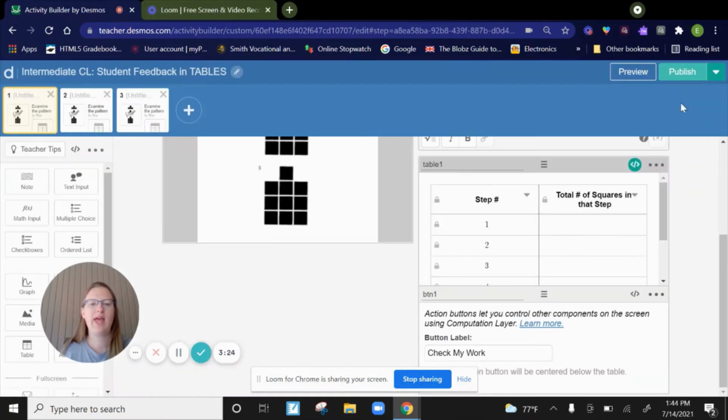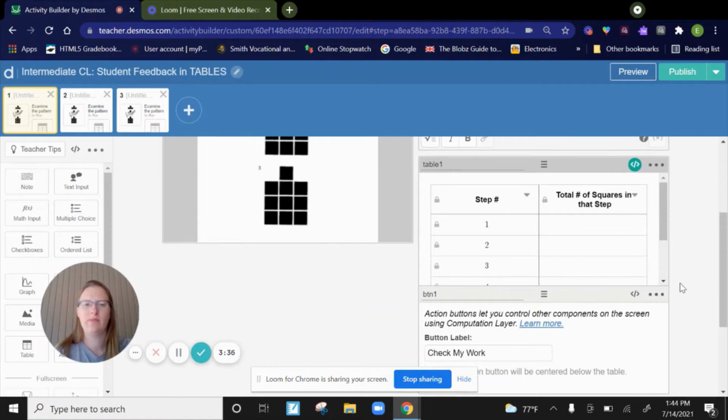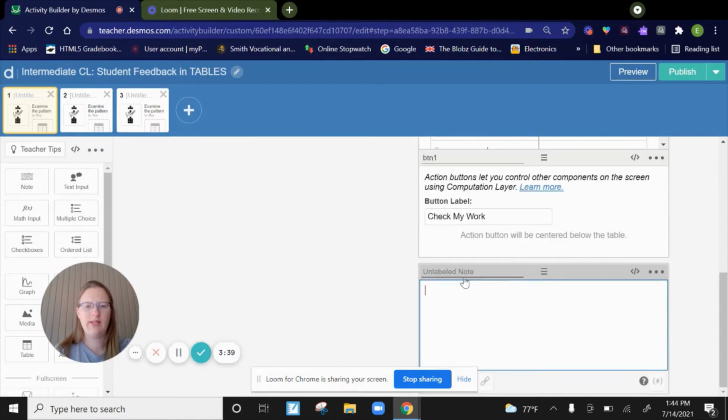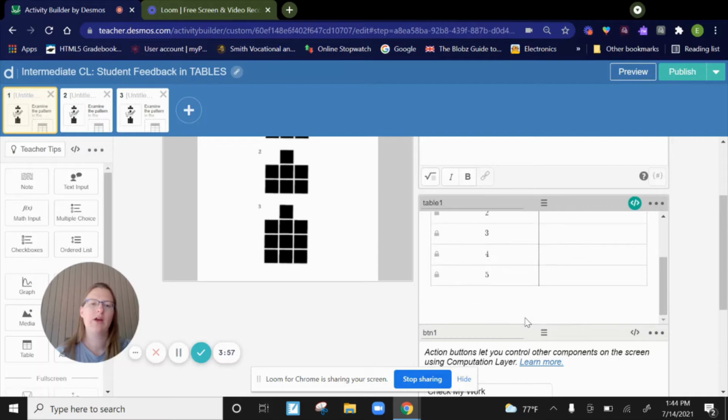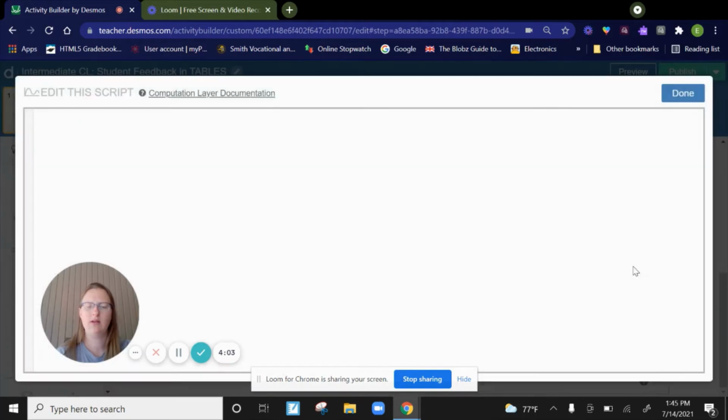And then in order to provide the students with feedback, we're going to now need a note, another note separate from the directions note. And here it is, and I'll call this feedback. So this is where we're going to say, like, if the student has the entire table correct, or the table needs fixing at least in 1 cell or more. All right, so let's go into this feedback,